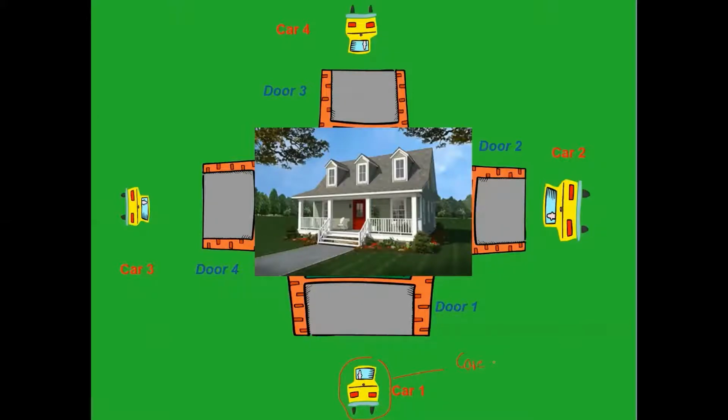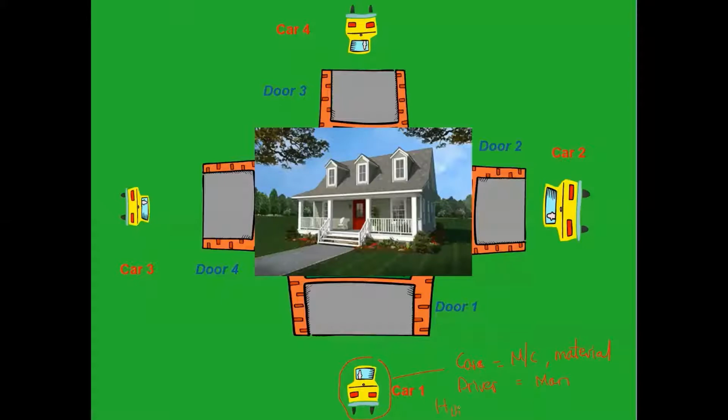This variation could be caused by the car itself, car representing machine and material. The variation could come from the driver himself. So another source of variation is man, and the fourth source of variation is methods, or how you are going to park your